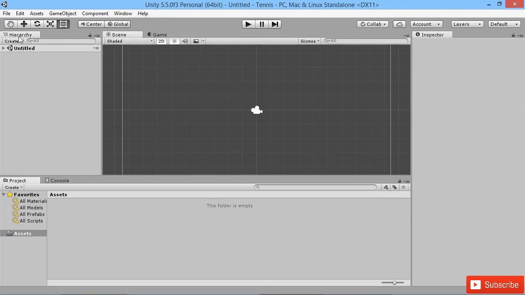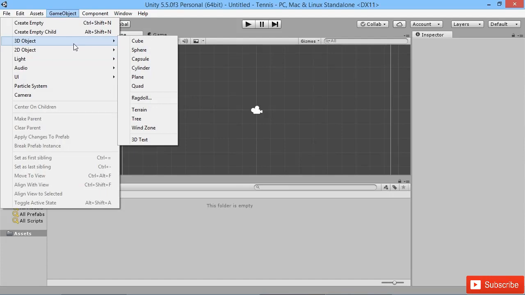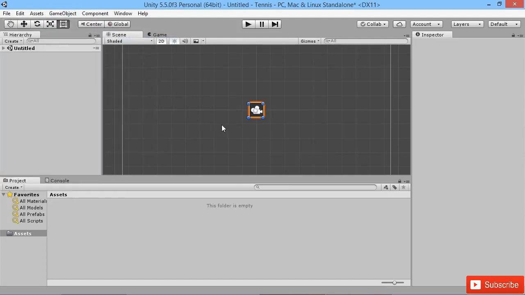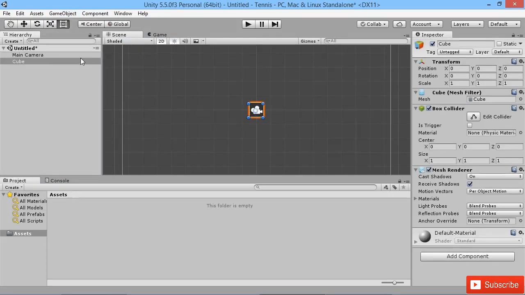Up here on the left we have our hierarchy, and this will be any objects that are currently in use within our active game. So the way we can see what's active in the game is what's in our scene view here. This is our main view that we use to interact with the world and what we're doing within it. So if I were to go up to the top and go to game object and create a new cube here, it'll pop a cube into the world,